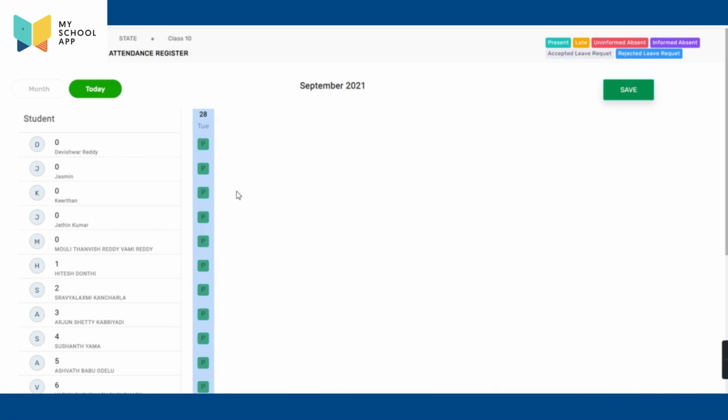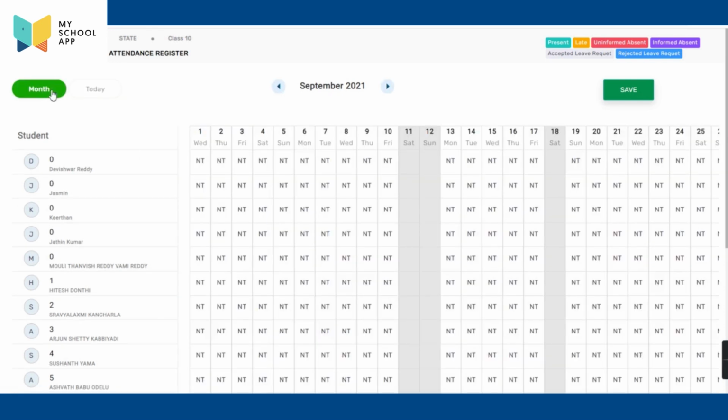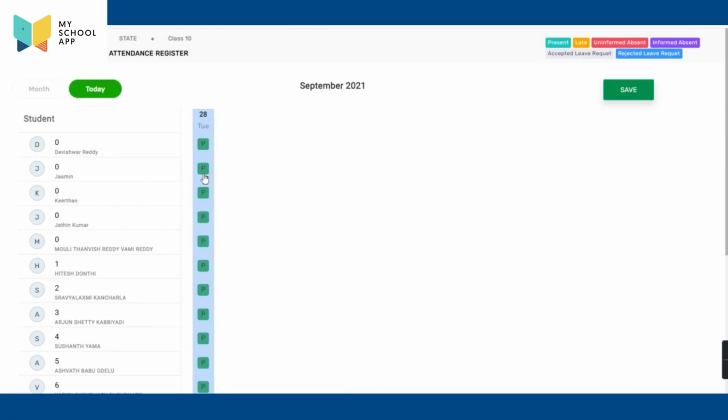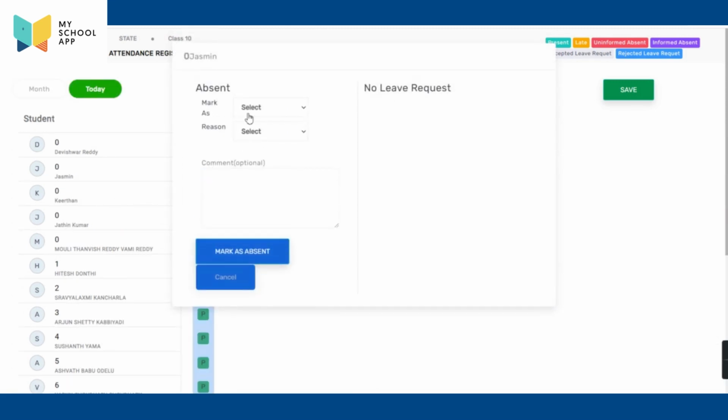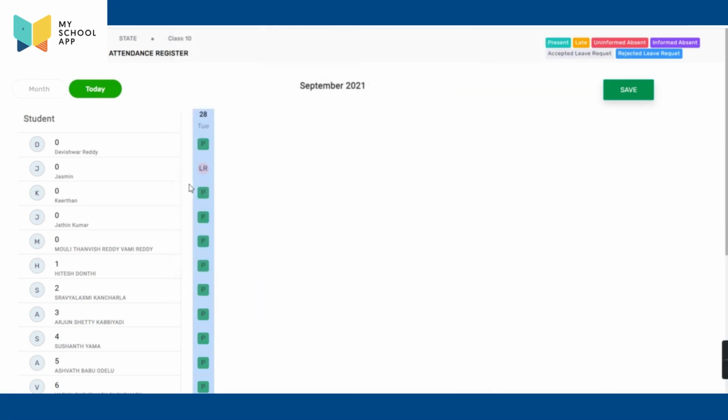If you open it, all the students will be present every day. You can see the month sheet also. By default, every student will be present. If you want to mark him as absent, click here, select absent or uninformed absent, informed absent, sick. If you want to put any comments, make a comment on it, mark as absent. It will be saved as marked absent.